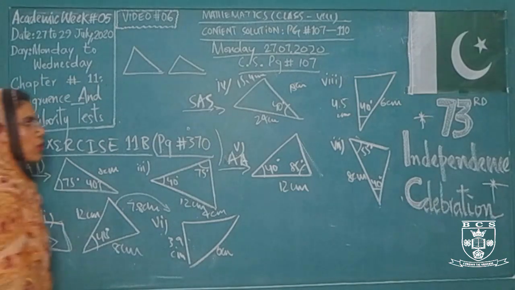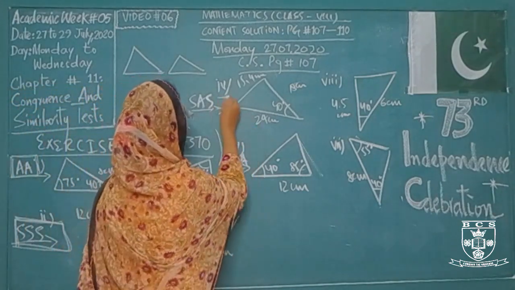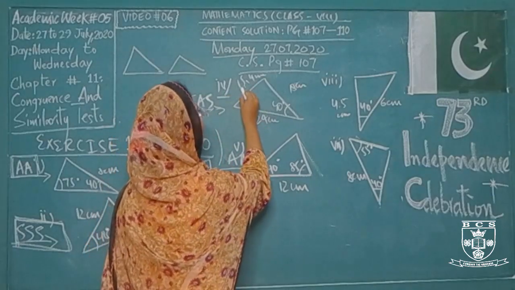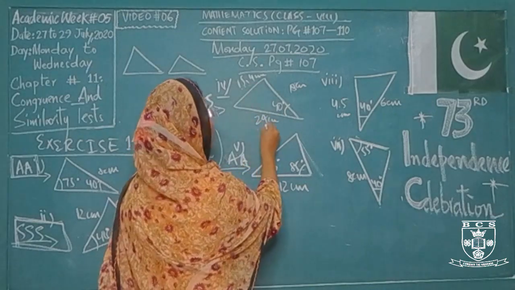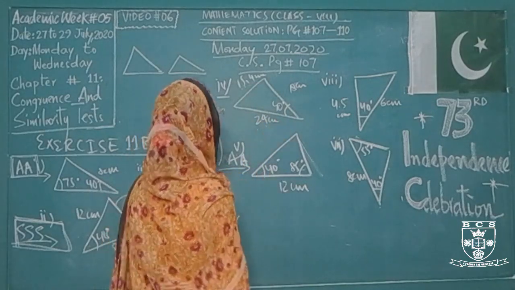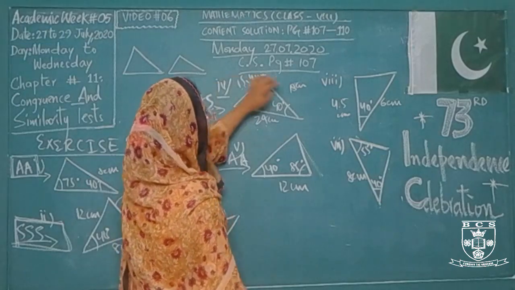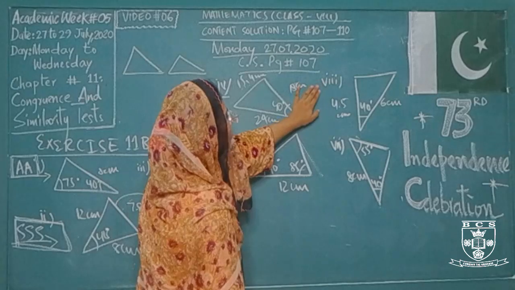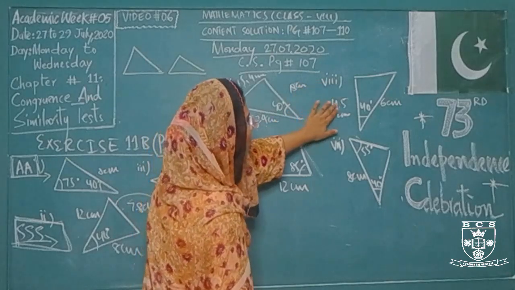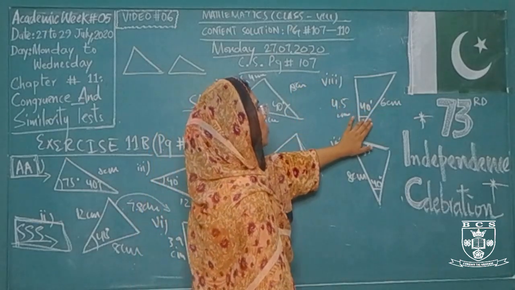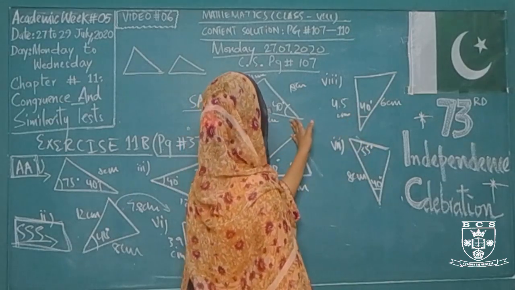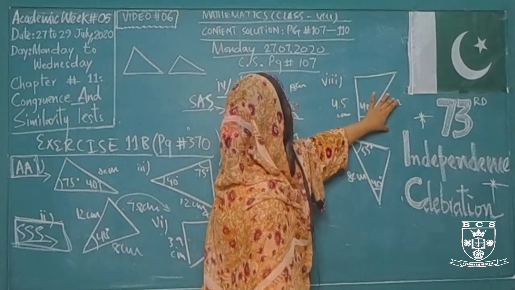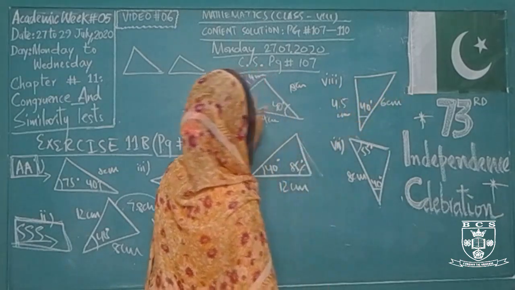Now for the fourth one, two sides are given for the fourth triangle, that is 15.4 cm and 24 cm as the second side. One angle is also given, that is 40 degrees, and one side is also given, that is 18 centimeters. But in the eighth triangle you have only two sides, 4.5 cm and 6 cm, and one angle, that is 40 degrees. So 40 degrees equals 40 degrees, and these two sides also match each other when we rotate this diagram according to this diagram.